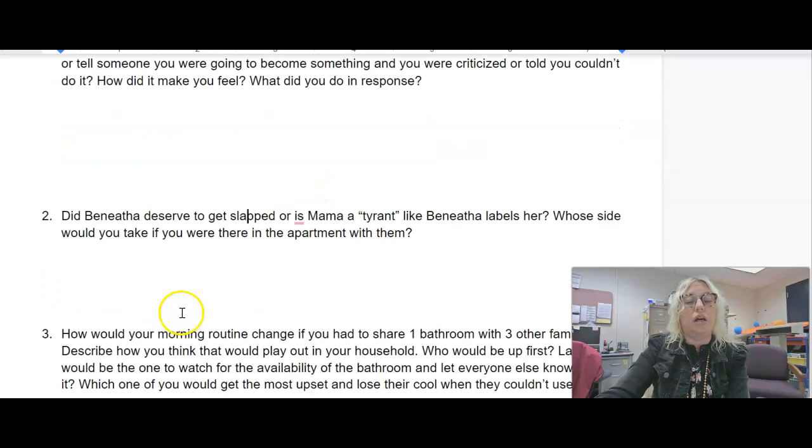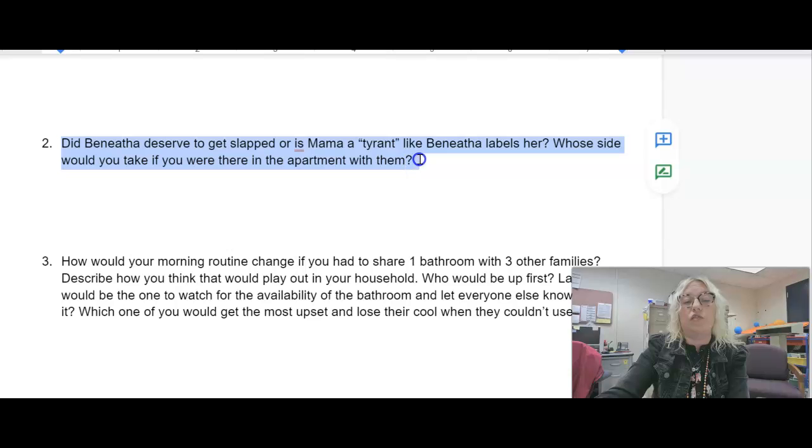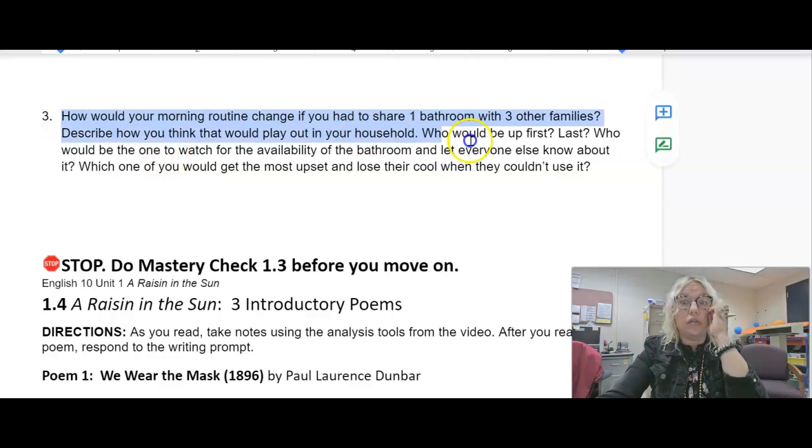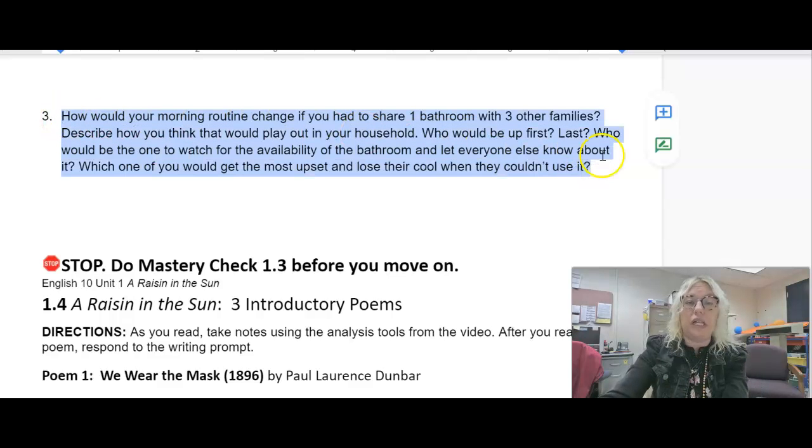This one is about the fight between Mama and Benita. And this one is about trying to imagine what it would be like sharing one bathroom with everyone who lived in your apartment on that particular floor. That's what the Youngers had to do, and that's what a lot of people had to do in the 1950s who lived in the south side of